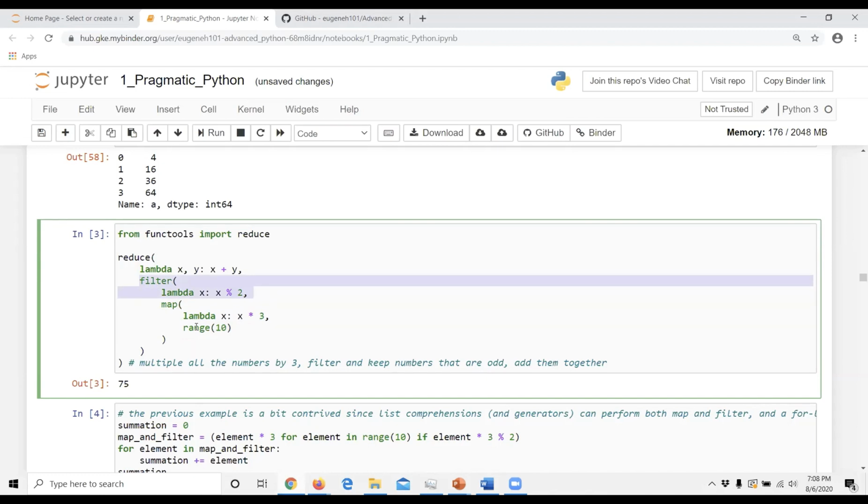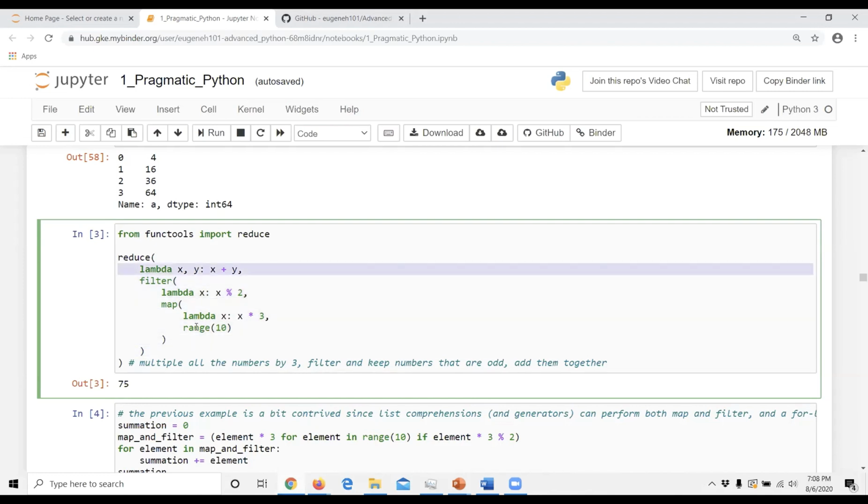only keeps the odd numbers. So I'm going to filter. Like if I did a number like 6, right? I'm going to modulo 2 and it gives me 0. So 0 is a falsy value, so that's actually filtered out. But if I do 9 modulo 2, then I get 1. So that's a truthy value. So I just basically get all the odd numbers here.